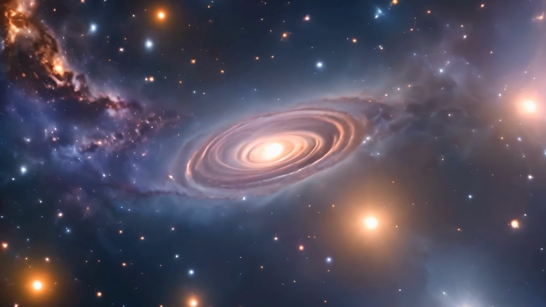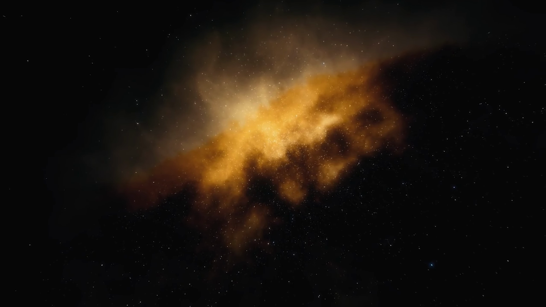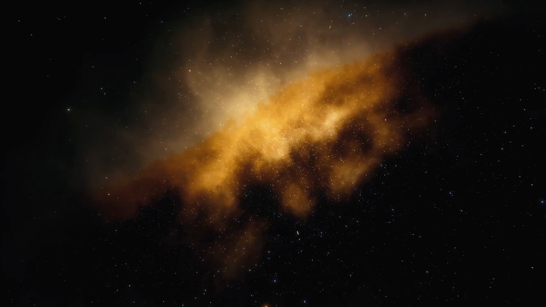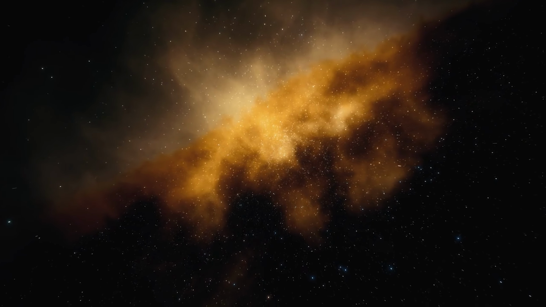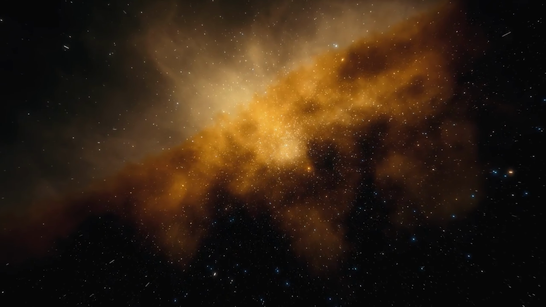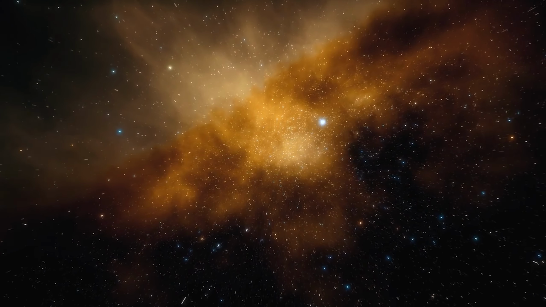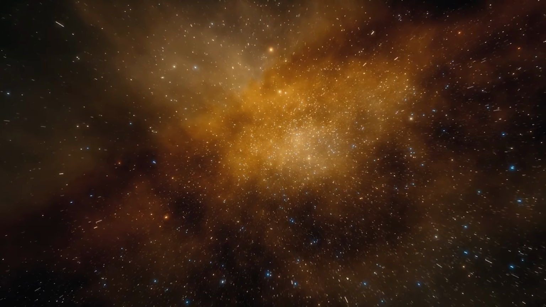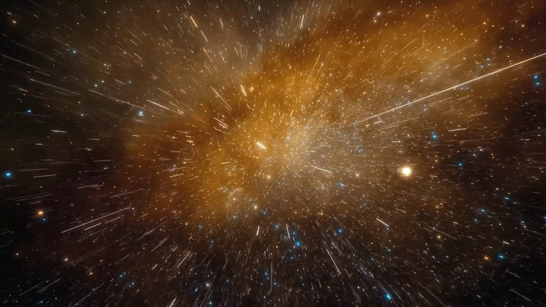But the Big Bang does more than explain the birth of the universe. It offers us a perspective on change and growth. The universe began in chaos, a seething ocean of energy and matter. Yet from that chaos emerged structure, order, and beauty. This reminds us that change, even when turbulent, is a natural and essential part of creation. In our own lives, moments of uncertainty and transformation are often the seeds of new beginnings.